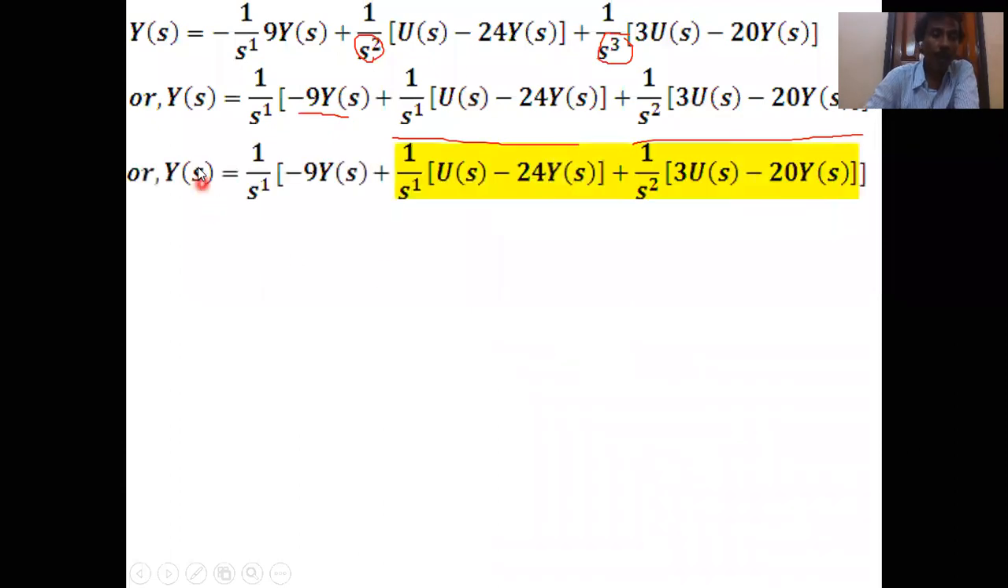Then Y(s) equals what? Take 1/s common. When 1/s is common, we have minus 9Y(s), and in this position 1/s common, so 1/s times (U(s) minus 24Y(s)), and in this position 1/s common, so 1/s² times (3U(s) minus 20Y(s)). Then Y(s) equals 1/s common, minus 9Y(s) plus this term equals